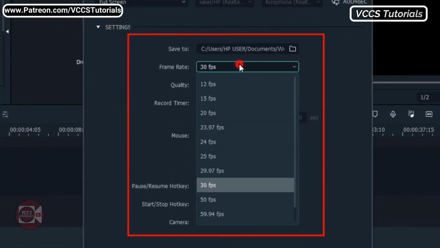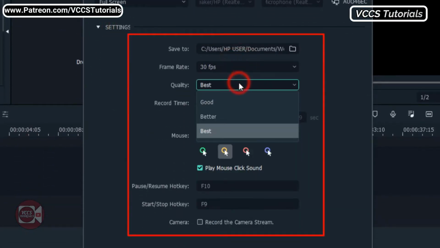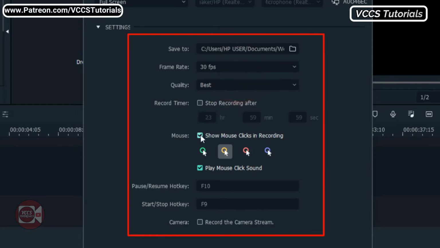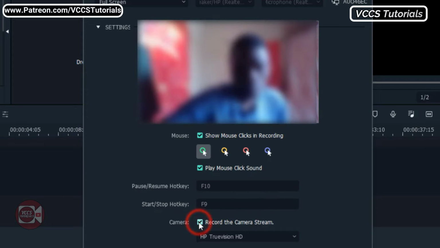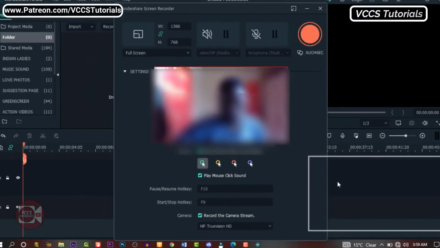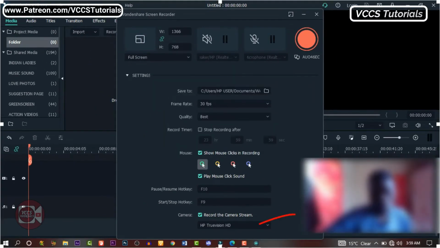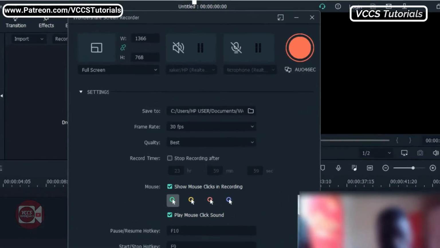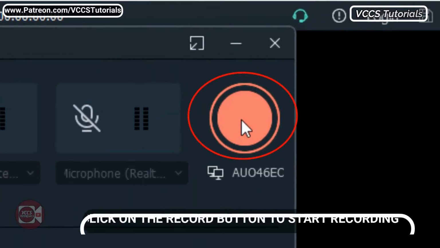You can choose where you want to save it, the frame rate, and the mouse. If you want the mouse to show, you click on that. And also you can use webcam. You check the list and your webcam will show, and you can drag it and drop it on any part you want. So when you're done with all the settings, you click on this button to start recording, and it